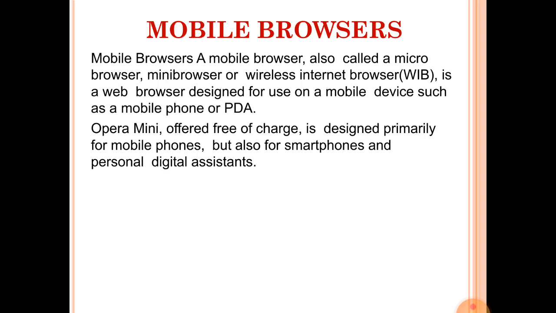We have two types of Opera: Opera and Opera Mini. Opera Mini is offered free of charge. It is designed primarily for mobile phones, so it is lightweight. We can easily install it on the mobile phone and use it frequently. It is fully supported on smartphones. The browser installed on a smartphone is lightweight in size in comparison to a desktop or laptop web browser. If a browser is lightweight in size, it will open frequently and quickly, and the browsing speed will be fast.